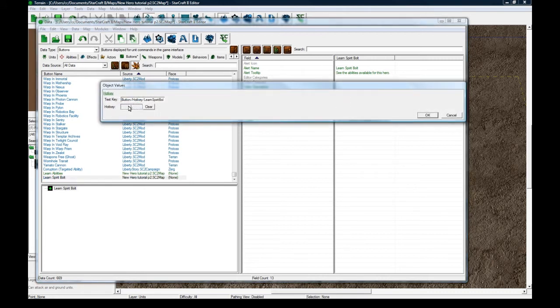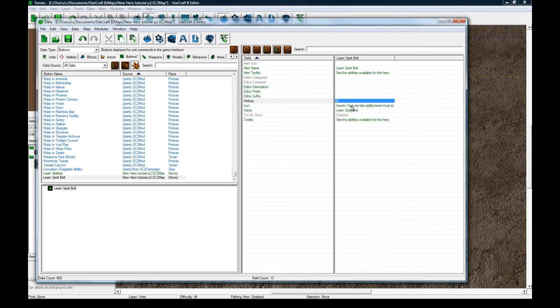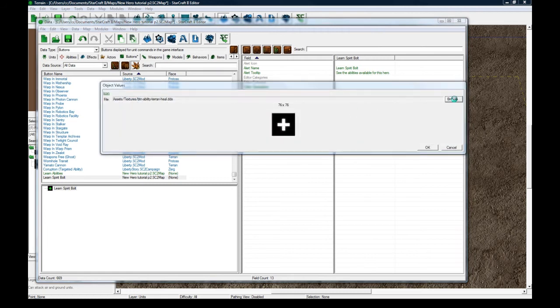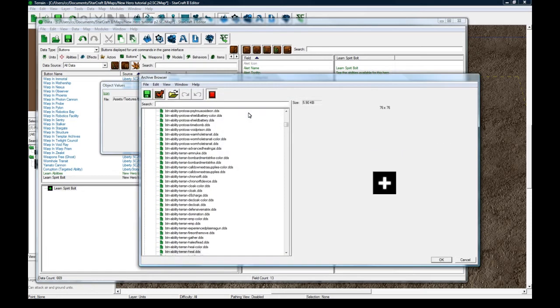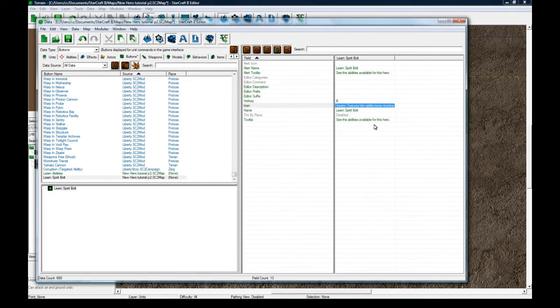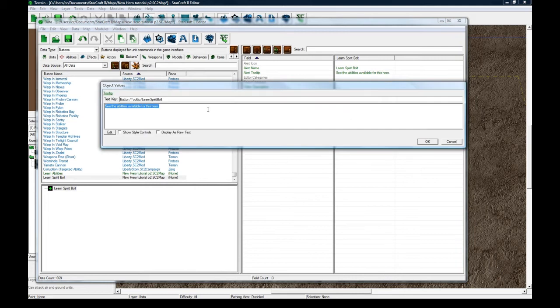And let's make this B. And the icon, I'm just going to pick something random, it's not too important. Shield battery, that's kind of weird. Spirit ball, I'm going to use this one, it's not even that accurate, but I'm not going to waste time looking for that. And the tooltip is going to be